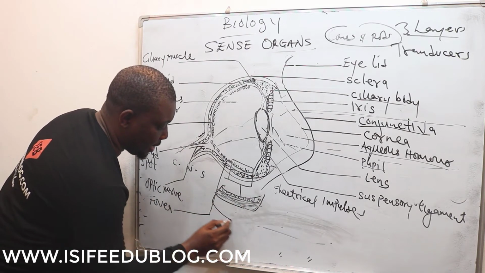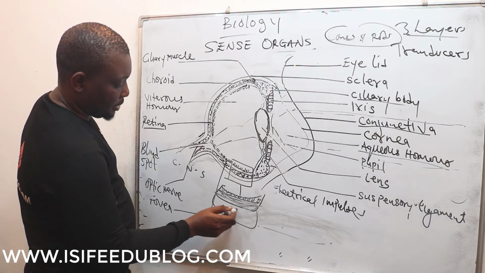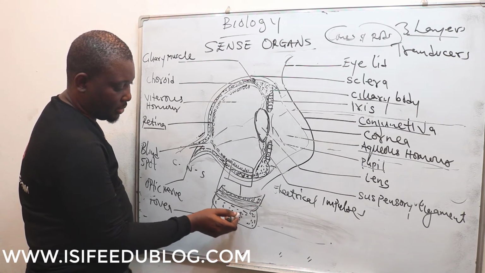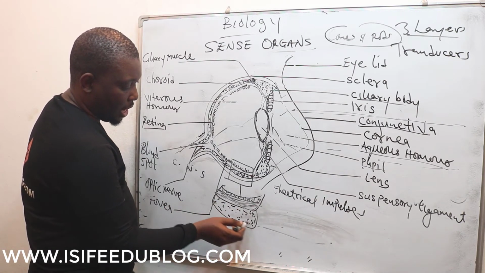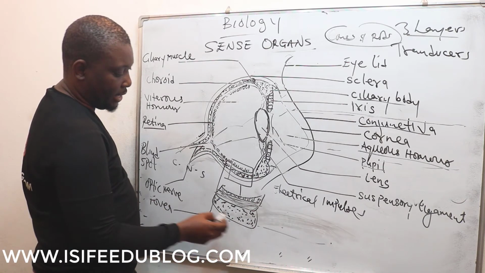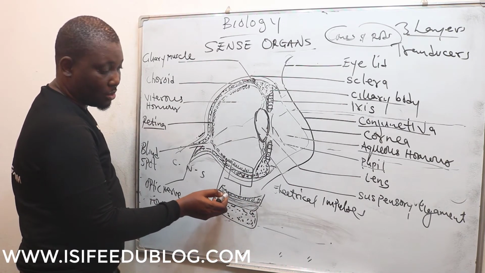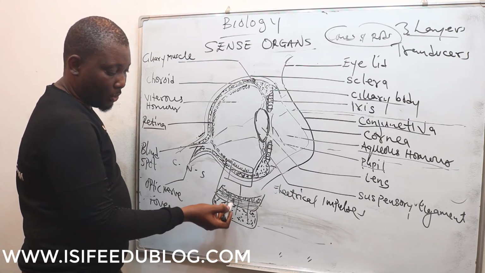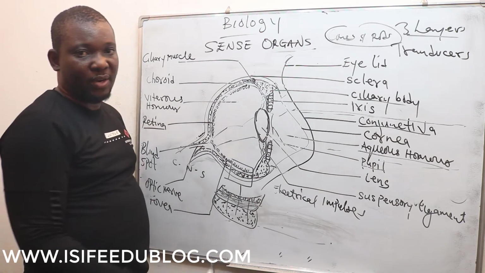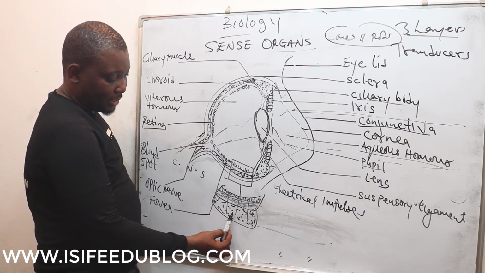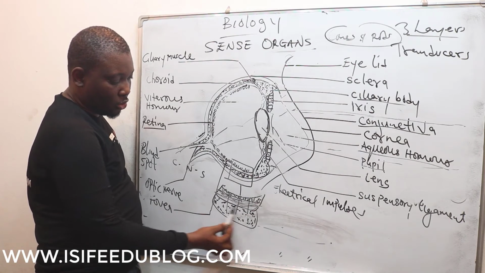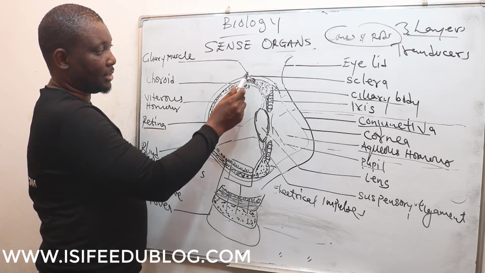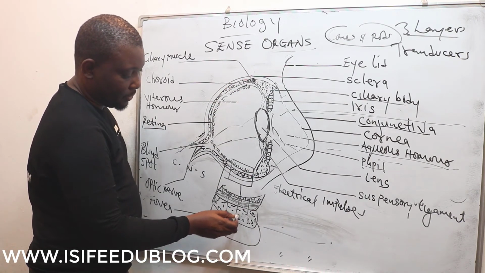And the second layer is the vascularized layer, through which blood vessels supply the eye. These blood vessels also bring nutrients to the eye. So this sensitive part of the eye, the rods and cones, gets nutrients and blood supply, because they are the most active part of the eye and need energy that can be supplied from this choroid layer. And then the last layer of the eye is the sclera, that protects this part and this part,